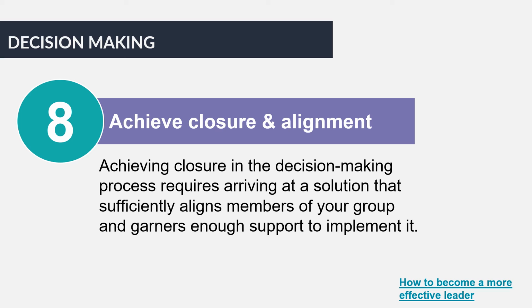Lastly, when making a decision, you have to achieve closure and alignment. What do we mean? Achieving closure in the decision-making process requires arriving at a solution that sufficiently aligns members of your group and garners enough support to implement it. Remember the issue of stakeholder management here, where you would like to ensure that all stakeholders are involved in the decision-making process, especially those ones that are critical, especially those ones that once you make that decision, the outcome is